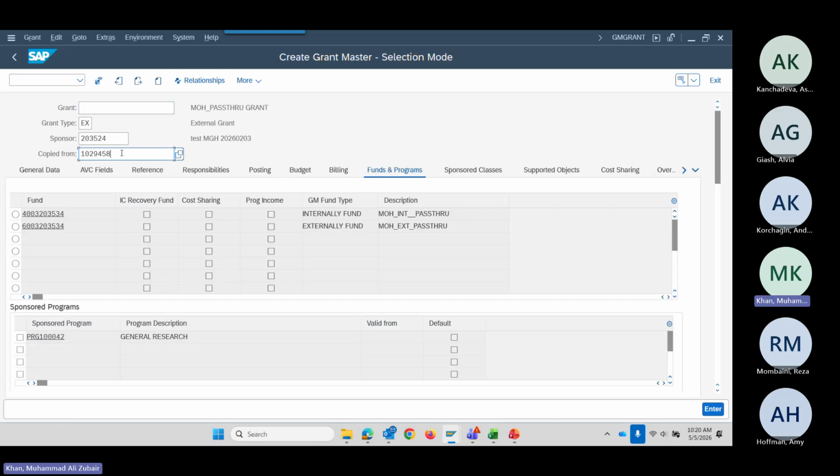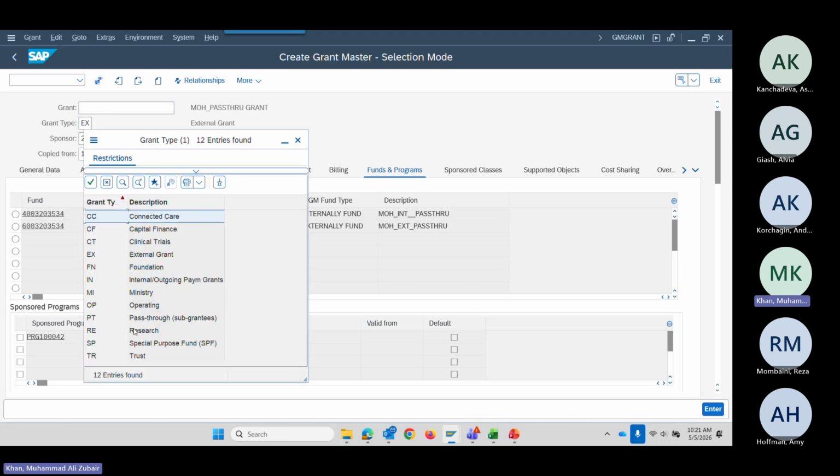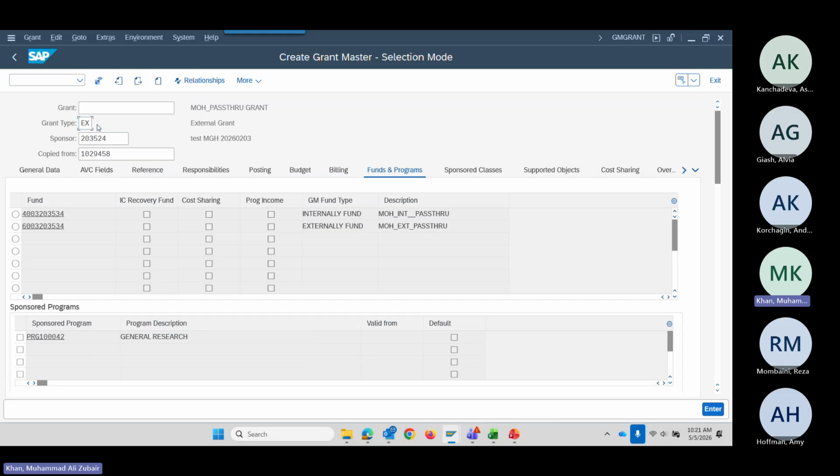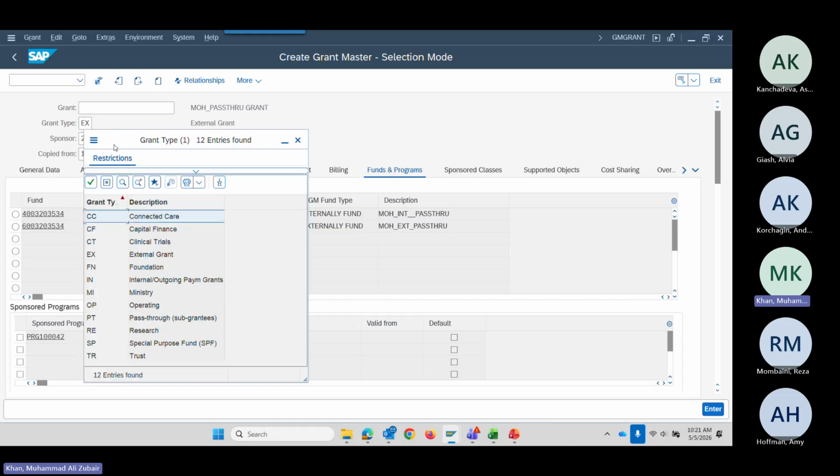You can also figure out, like yesterday we made some of the grants that were starting with 5. This one is 1. So it depends on the grant type. If it is external, it picks series 1. If we select research, the number range starts with 3. For pass-through, it's always a 5. So when we select